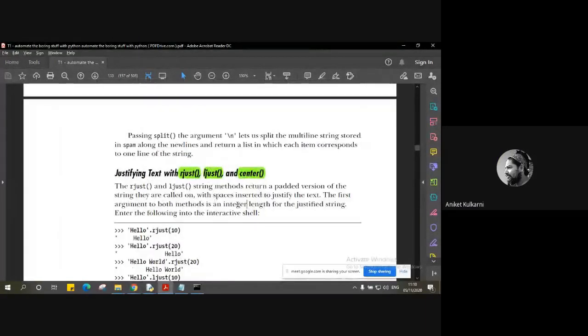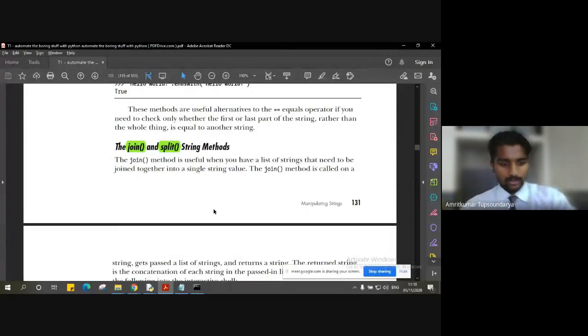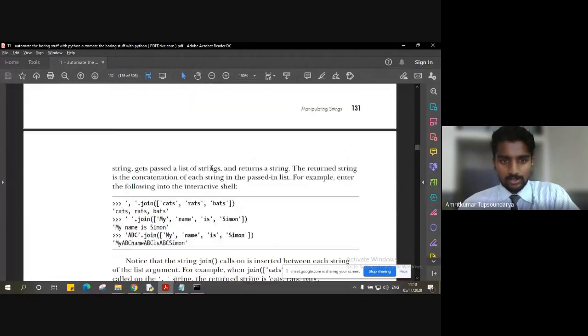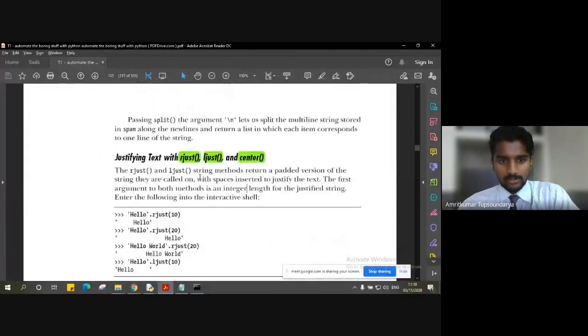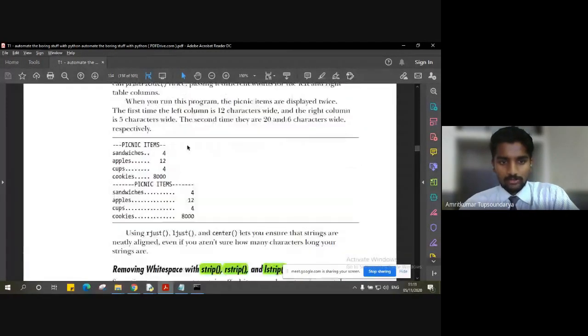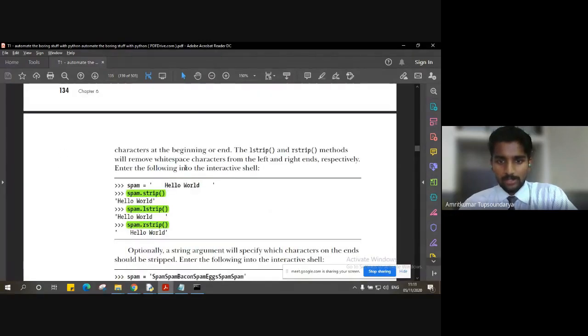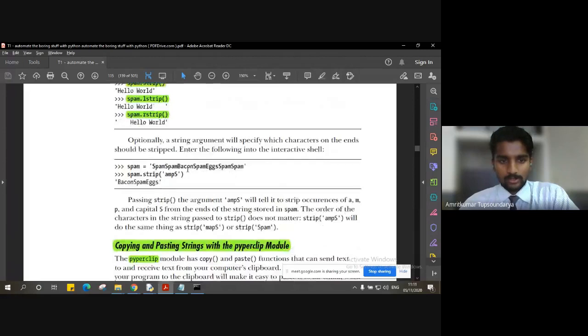Okay. So let's have a quick recap of what we did in the previous class. We already saw the methods. We were dealing with the different types of methods in the strings, right? We saw join and split strings in the previous class, and in the last class we discussed the justification text methods that we have, right? Justification, left justification, center, and also the methods which deal with the stripping of the strings, right from the left strip or right strip or just the strip method. So what it will do is remove the white spaces, a blank space or a tab space or a new line characters like those.